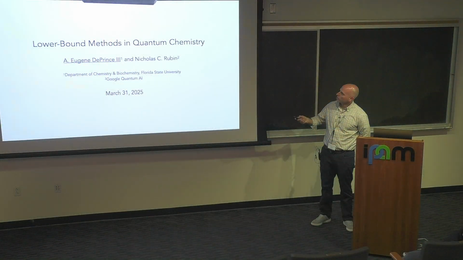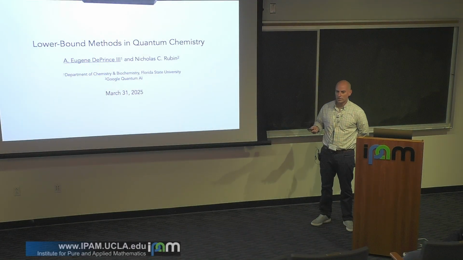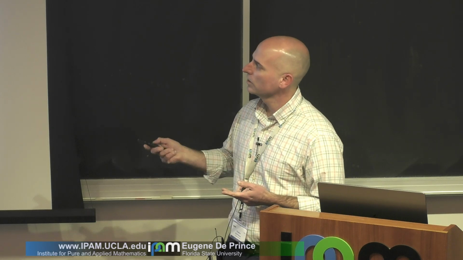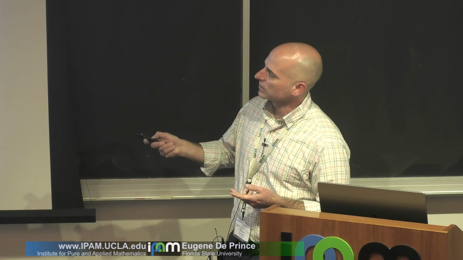Today I'm talking about lower bound methods in quantum chemistry. I'm going to talk about two different approaches that are actually the same approach: the variational two-electron reduced density matrix method and the sum of squares approach. And the sum of squares part of this is a collaboration with Nick Rubin, who's sitting right here and is giving